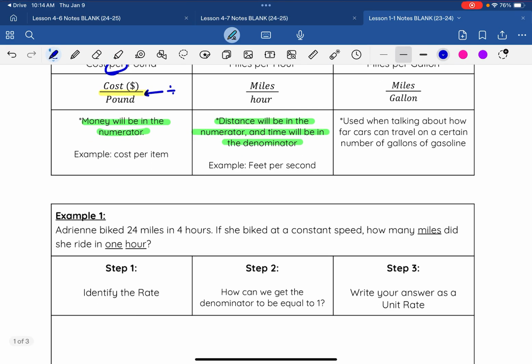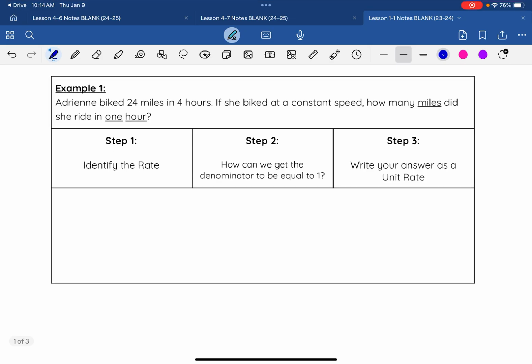And this is used when we are talking about how far cars can travel on a certain number of gallons of gasoline. So if we're looking down at example number 1, it says Adrian biked 24 miles in 4 hours. If she biked at a constant speed, how many miles did she ride in 1 hour? So if you're looking at that, that's going to be in miles per hour. So step 1, we need to identify the rate. So we have our miles over our hours. So we have 24 miles